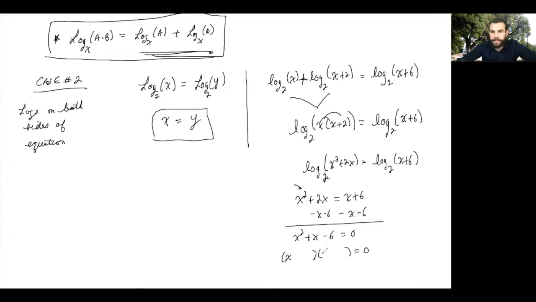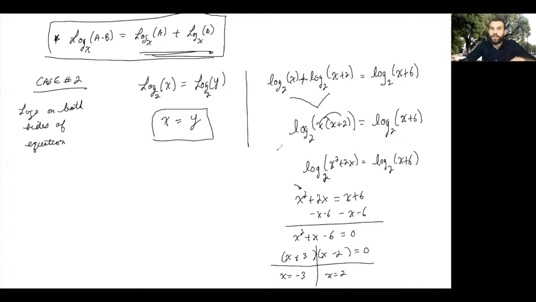So we get x, what multiplies to -6 and adds to 1 is +3 and -2. T-chart, x equals -3 and x equals +2. Again, from the first video, I talked about once we solve, we have to take a look at